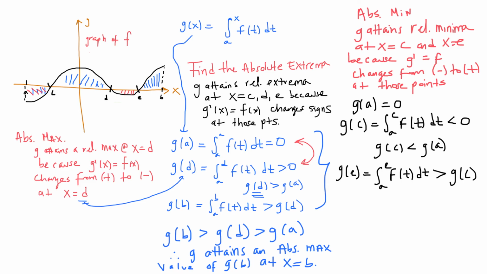And that is it. I don't have to try the other endpoint. Remember, my last endpoint is B, and I should always consider endpoints when I do absolute max or absolute min. But because B was the location of my absolute max, then I don't need to try it here. Okay? And so now we have a statement that says,